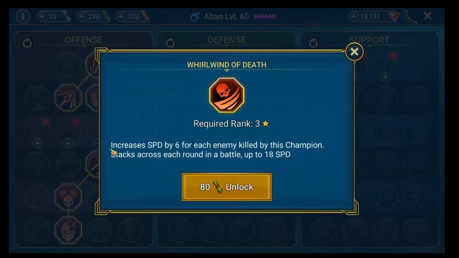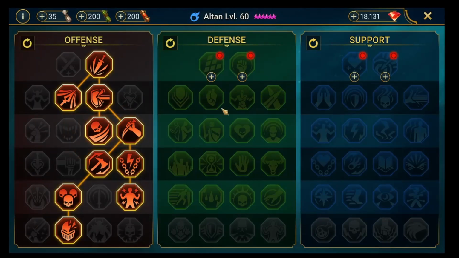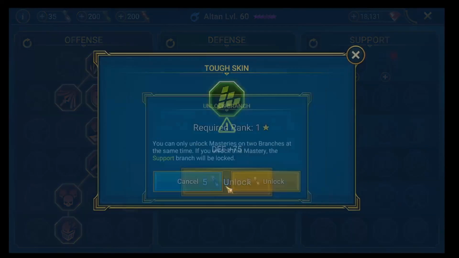Or do I want the more speed? Maybe this one actually. So every time I kill someone I get a bit more speed. That's nice. And then, because I'm just building damage, I don't care about his A1 landing decrease attack really in the arena. Just want him to do more damage. So I'm going to go defense